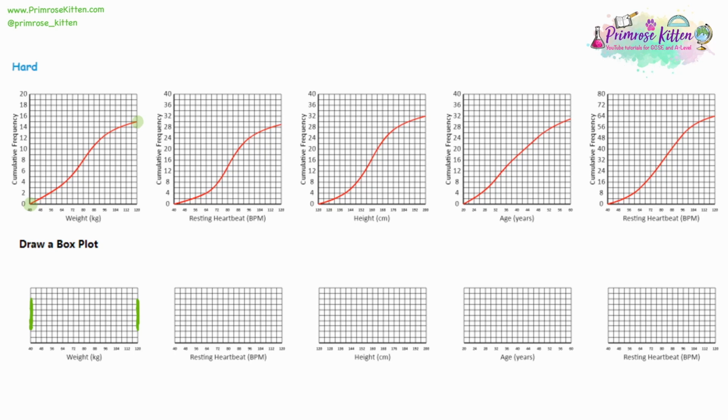So what's next? Well, next we'll look at the median, and we'll find the median the same way we found it in the medium questions. So first we need to know how many people total are in this graph. So look at your maximum point, we're going to draw a line across, and we're going to see what number it comes out at. And it's going to 15. So if the maximum point is at 15, then the median will be half of that. So half of 15 is 7.5.